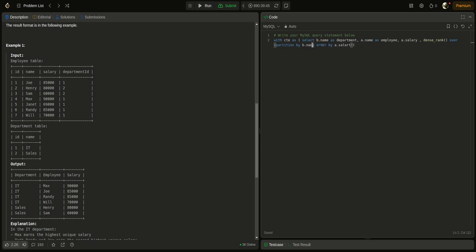ORDER BY a.salary in descending order, AS rnk, from the employee table.